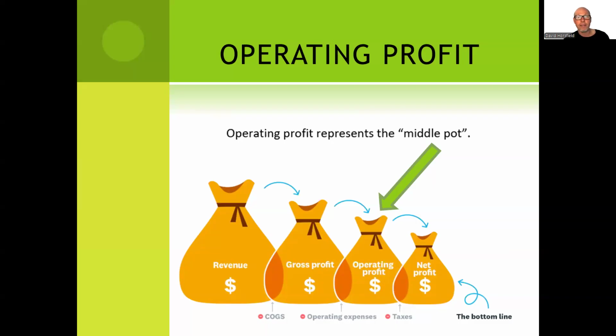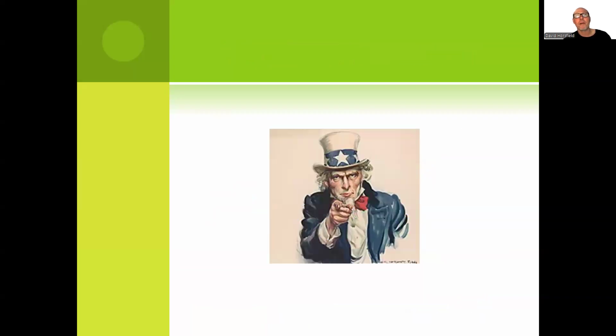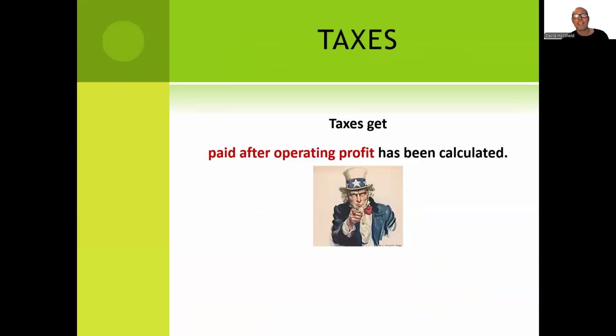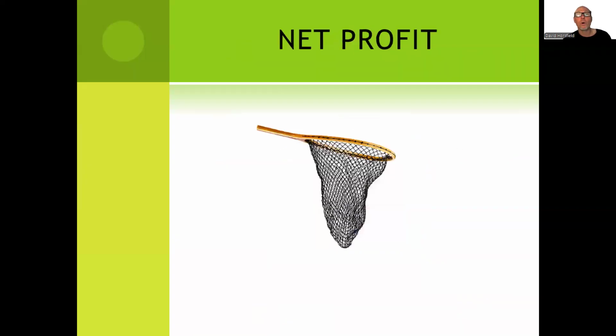It's not profit. So gross profit shrunk us down to operating profit. There's still more to come out. Someone else wants a piece of our money, and they want a piece of our money in the form of taxes. So after we've taken away all our operating profit, then we've got to pay taxes. And after we pay taxes, we're down to the last money bag, the last money pot, which is called net